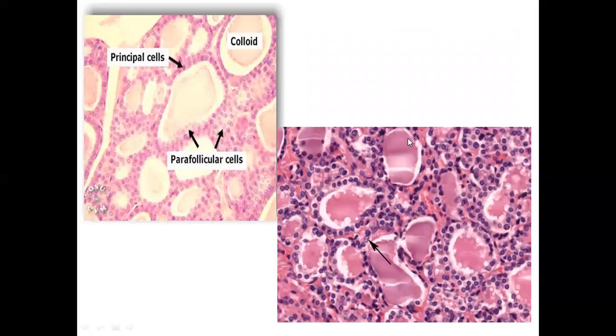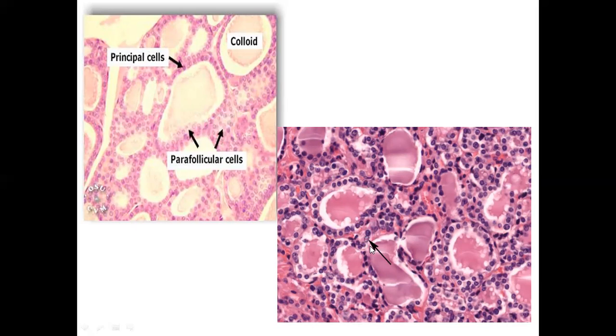Now here we have a more magnified portion. Here we have an individual follicle lined by more simple cuboidal epithelium, and the central portion, which is the temporarily stored secretion attached with protein, appearing eosinophilic, is termed colloid. And between two adjacent follicles, there are cells which have comparatively light staining compared to these follicular cells, but larger size, in clusters or groups. Those cells are termed parafollicular cells.